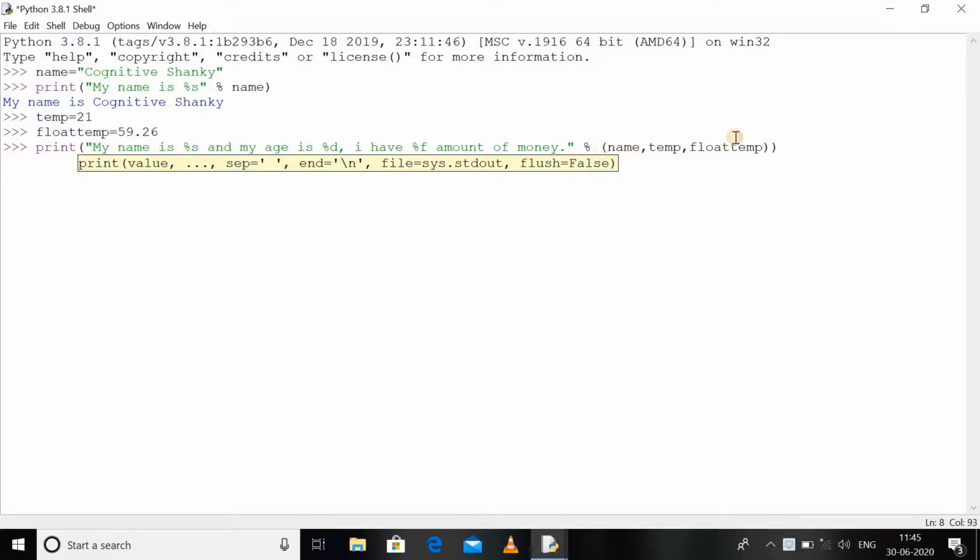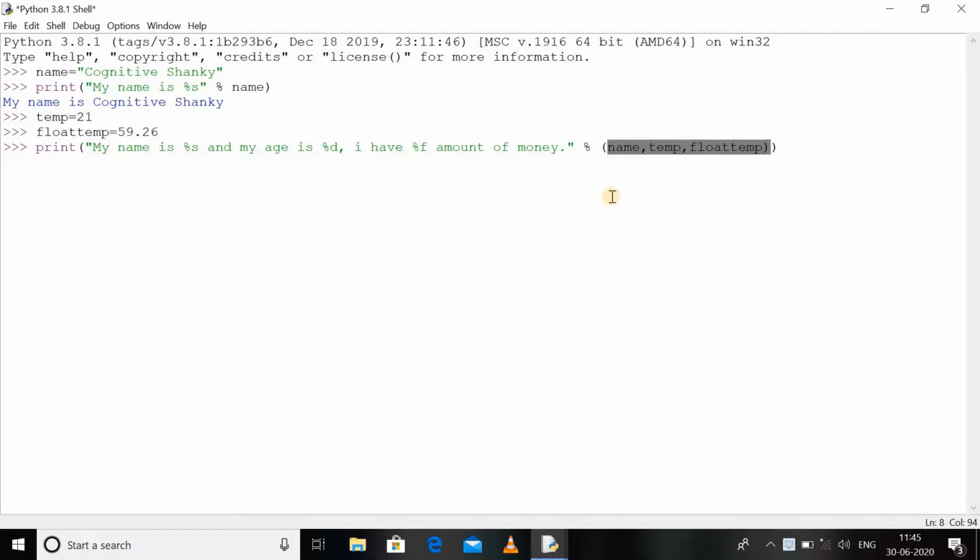So a tuple basically is a list which is ordered and unchangeable. I'll be talking about the tuple in my upcoming videos, but for now, if we want to create a tuple, then it must be enclosed inside small brackets and elements will be separated with commas. Now the sequential order of all these variables should be the order in which we want to print them in our message. So let's just try it.